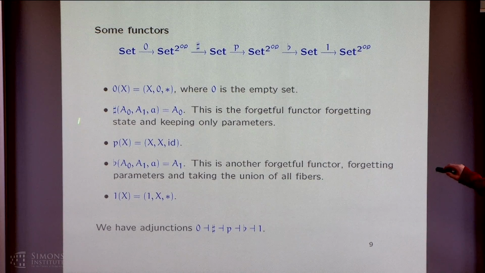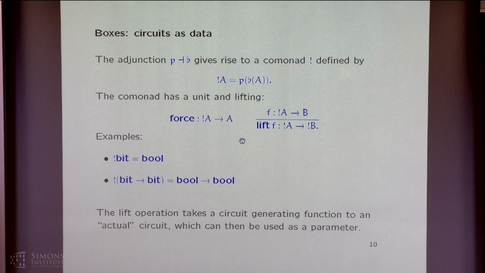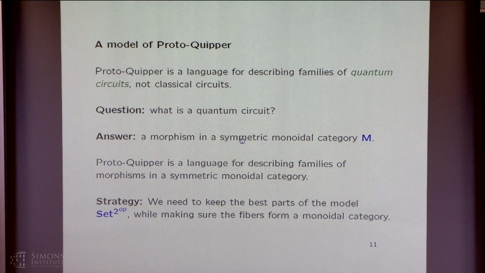Similarly, the fact that you have an adjunction between these two functors gives you a monad on the object, and that monad also has a computational interpretation. We call it the shape monad, but I will actually sort of skip that monad in the interest of time. So we have interesting stuff. And like I said, the bang, I'm going to skip the bang, okay? Because we're going to get to the bang again later. What I want to do now is do a model of Protopaper.